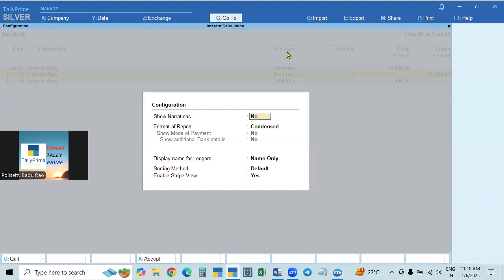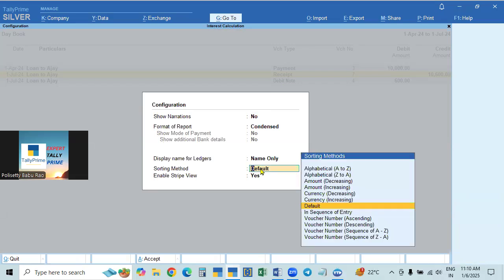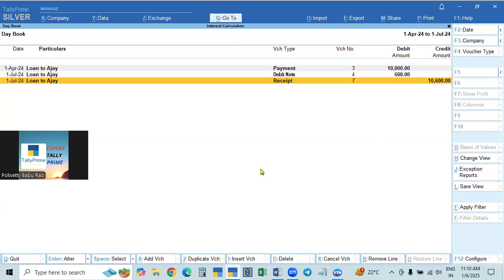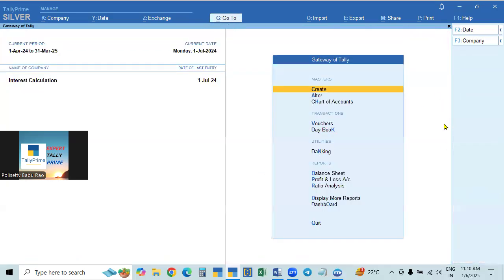If you want any other way, you have to go to this sorting method, which is default, and select any one. In that way, you can sequence this as first entry, second entry, third entry. Like this, you have to make it. This is about